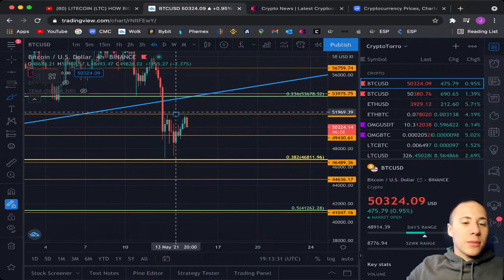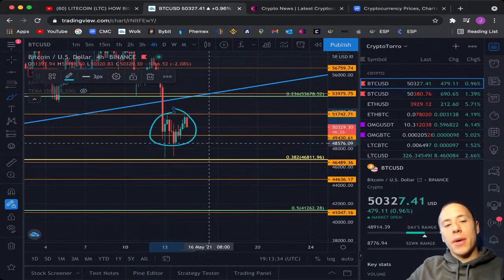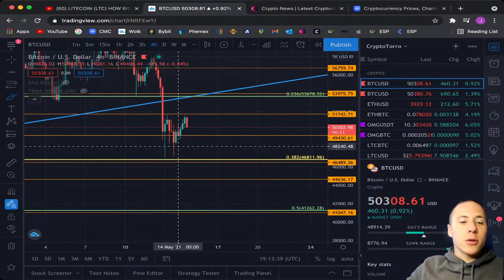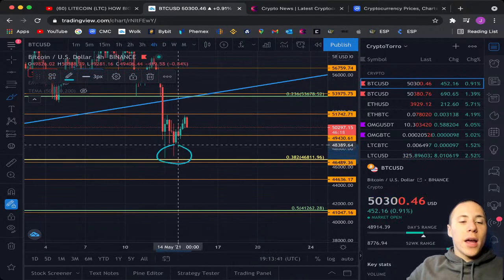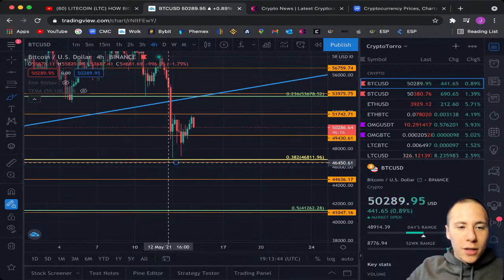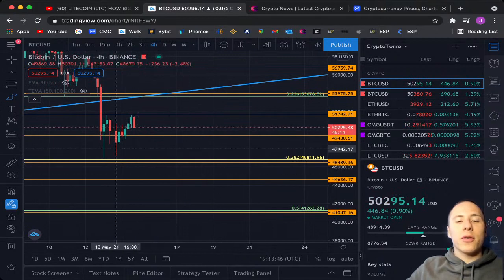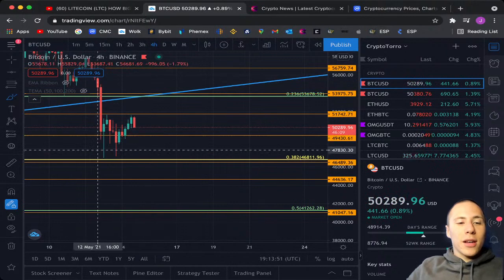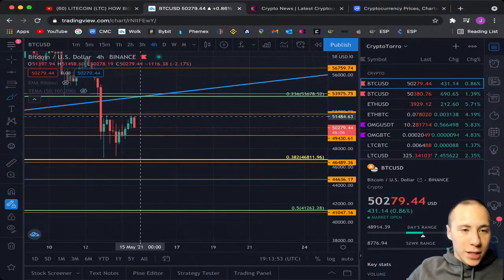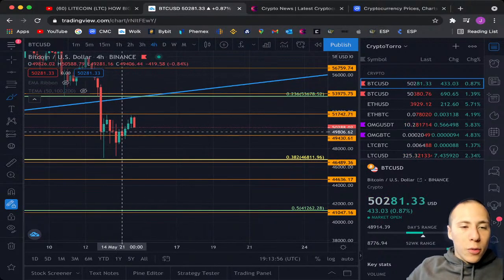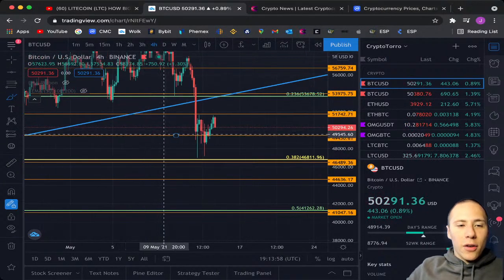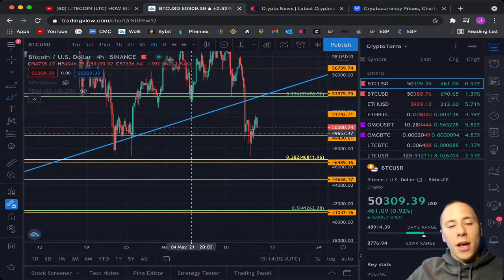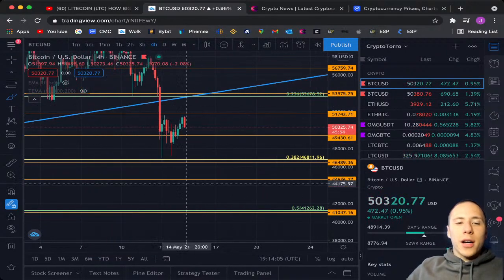I think it is absolutely amazing and wonderful that we are seeing Bitcoin right now trading above the 0.382, and that we had a few wicks towards the downside, as you can see over here, and they did not go through the Fibonacci level of 0.382. I think this is very important because it still is a huge level of resistance, as you can see over here. And right now we are trading above this level of previous support.